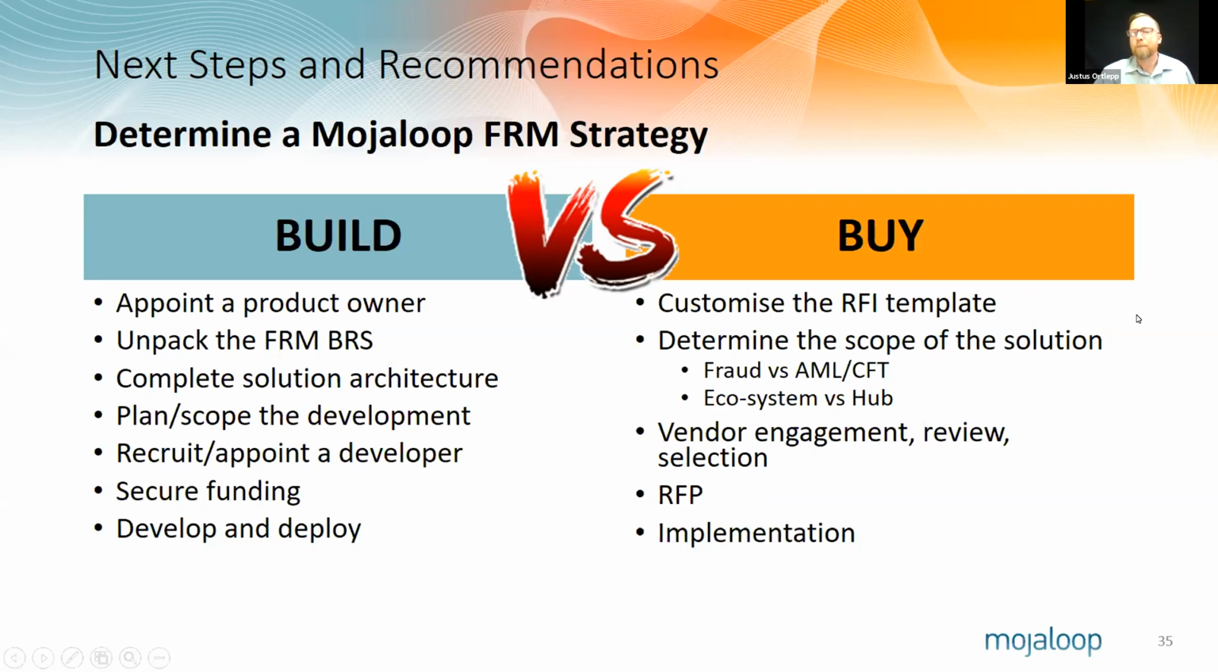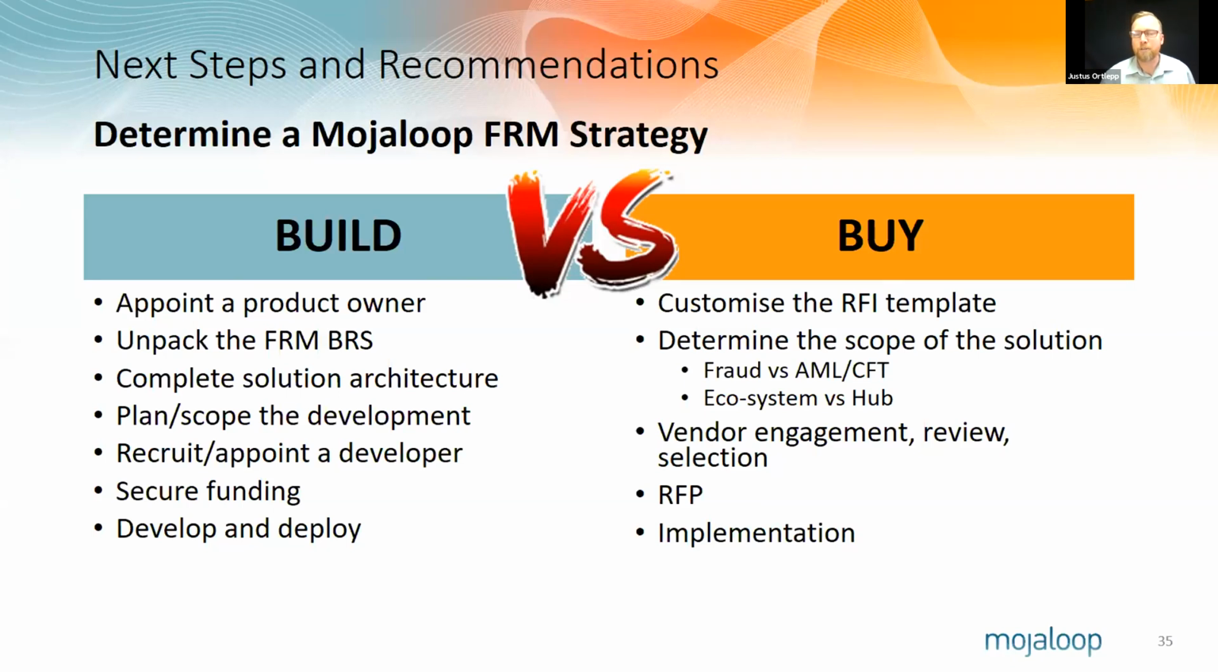On the buy side, you would want to customize the RFI template to take into account your own internal operations and your internal strategy. And you would want to determine the scope of that solution. Are you providing only for fraud, or are you also providing for AML and countering the financing of terrorism? What is the operating model within which you are going to conduct those activities? And then, are you going to be managing fraud for your entire ecosystem, including your digital financial services providers, or are you only going to be focused on fraud for transactions that pass through the hub that you then,